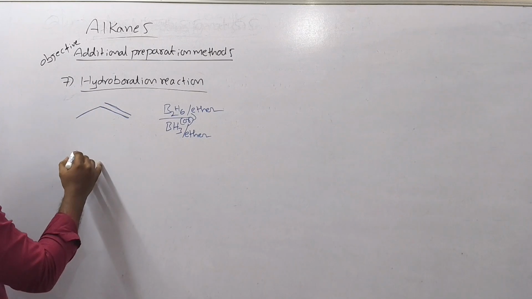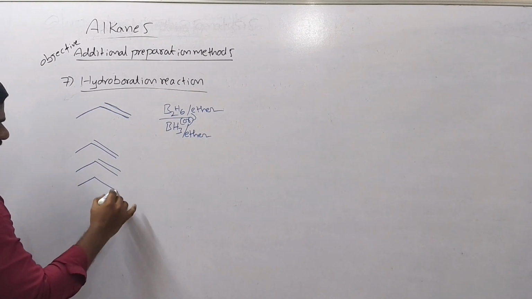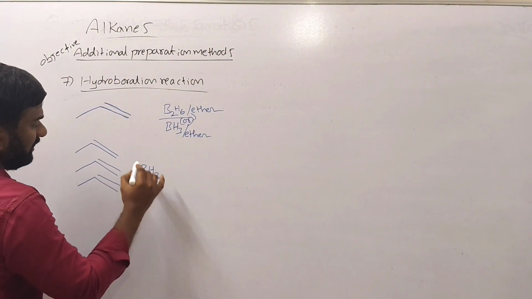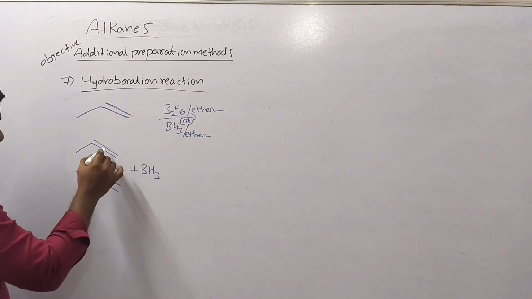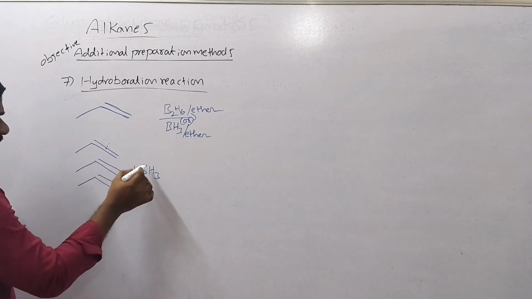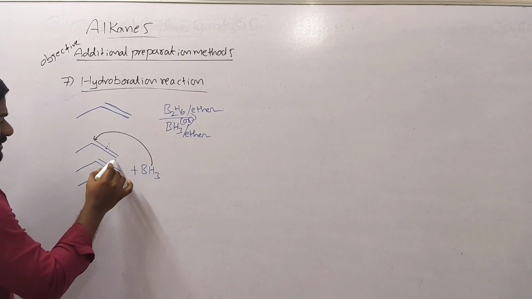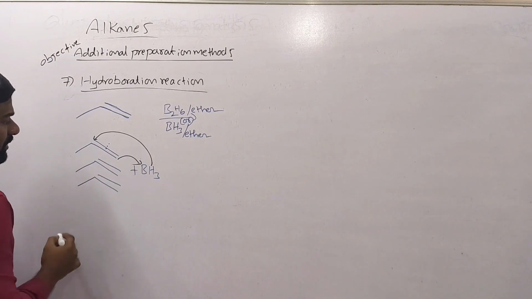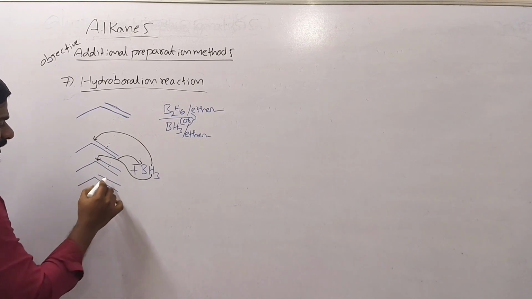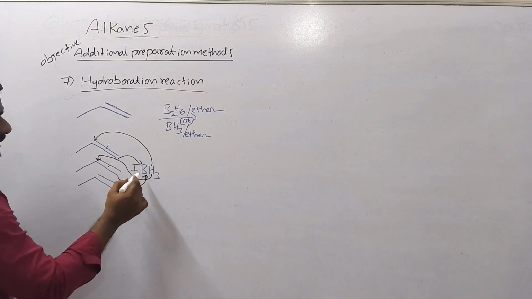Suppose you take these alkenes, 3 moles. This is one alkene, one more alkene, one more alkene. 3 alkenes I took. We have to add 3 alkenes to the monomer of diborane, BH3. By breaking these 3 pi bonds, first one hydrogen is added to this carbon, and this carbon is added to this boron. Next, by breaking this bond also, one hydrogen is added to this carbon, and this carbon also is added to the boron.